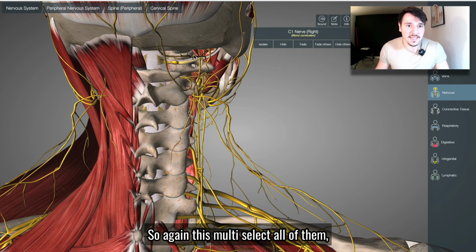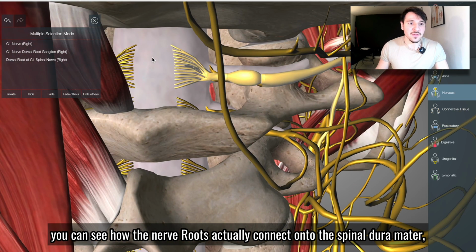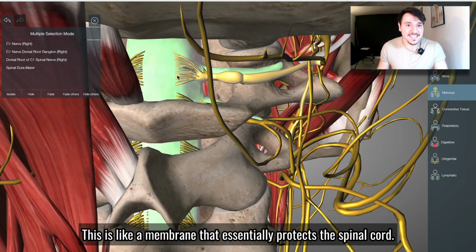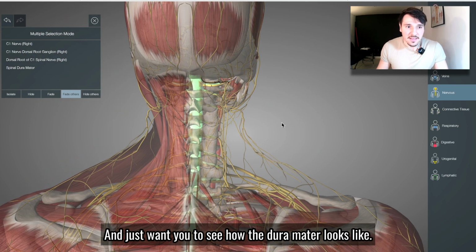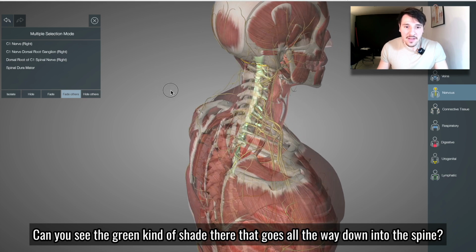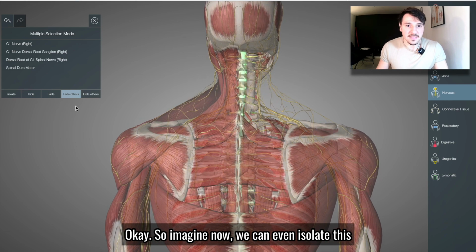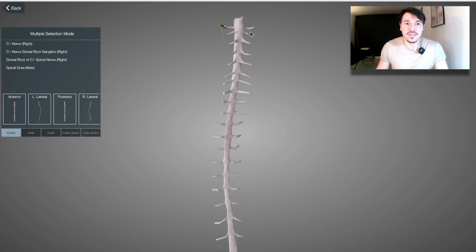So again, let's multi-select all of them. Can you see how the nerve roots actually connect onto the spinal dura mater, which is essentially the membrane that surrounds the spinal cord? This is a membrane that protects the spinal cord. So let's fade everything around, and I just want you to see how the dura mater looks. Can you see the green shade there that goes all the way down into the spine? Okay, so imagine now, we can even isolate that, let's isolate. There we go, this is what it looks like. And what I've got up there is basically one of the nerve